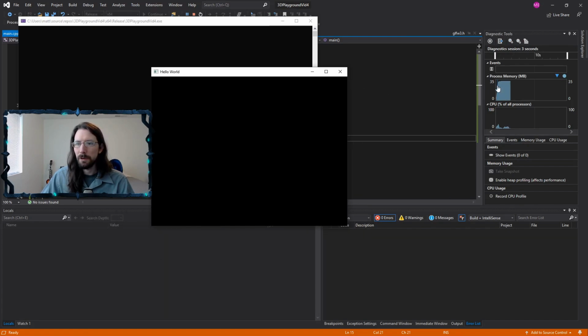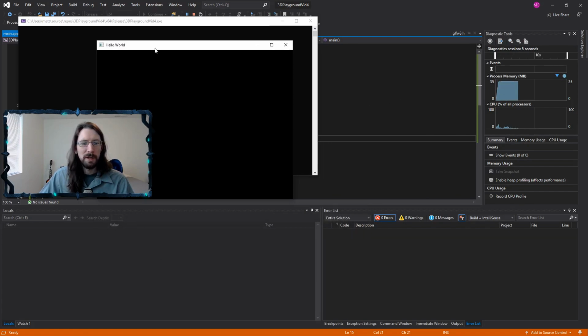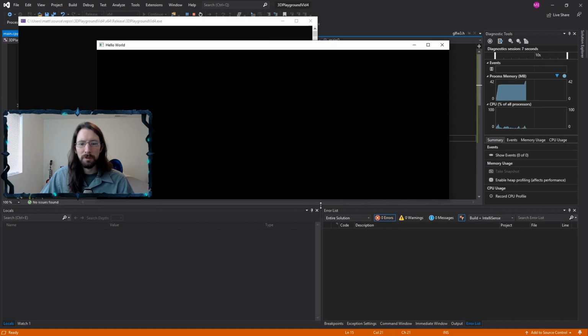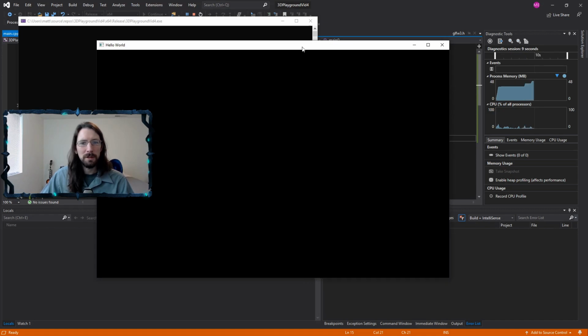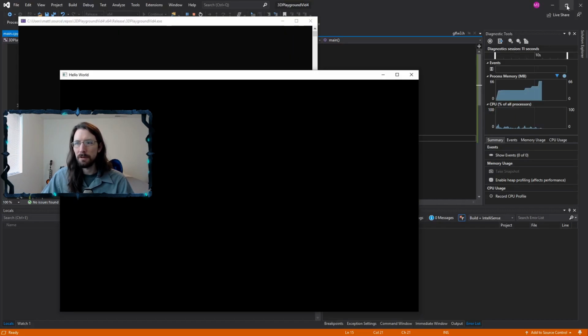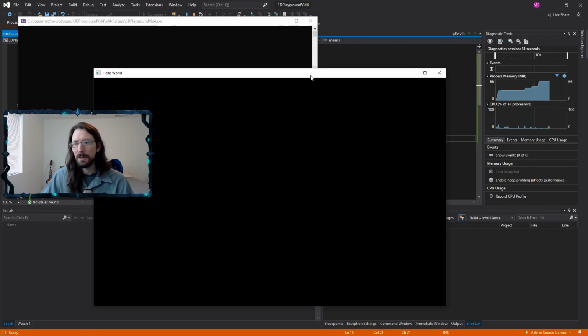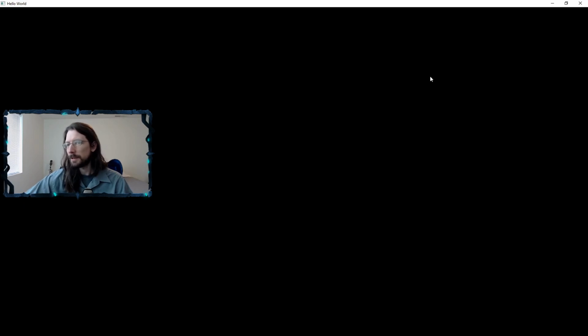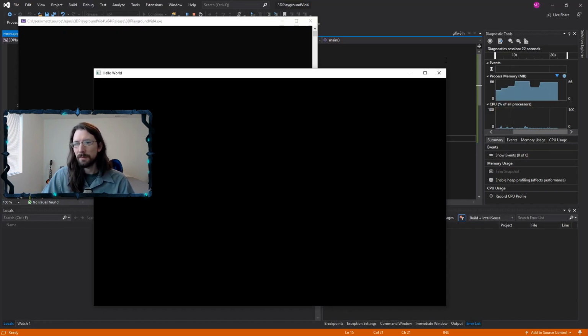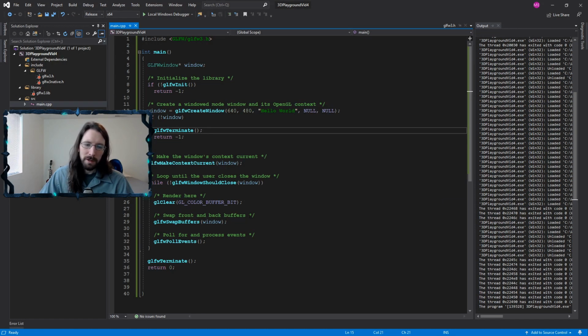Doesn't do anything yet. We're using about 35 megabytes of memory to run our program so far. GLFW3 does handle all the resizing stuff, so you can do the usual stuff with your window as your operating system sees fit. And as you can see, the memory changes as it is literally using more pixel space. So now what we want to do here is just make a little thing to render with OpenGL. As you can see with that window,